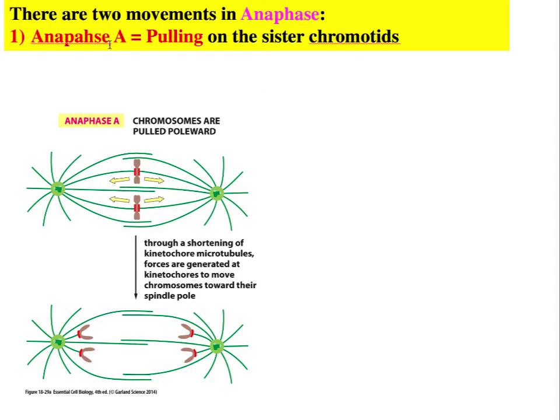Once a cell is driven into anaphase, scientists have identified two purposes within anaphase, and they call those anaphase A and anaphase B. So on this slide, we're looking at anaphase A, and that's just focusing right here in the center. So the purpose of anaphase A is to separate the chromosomes from each other. And that's done by tension building up in the microtubules. And as soon as the last of the cohesin is released, that tension forces the two chromatids to separate from each other, at which point they're known as chromosomes. And the chromosomes are then pulled towards each pole.